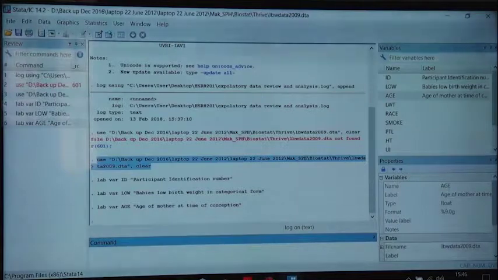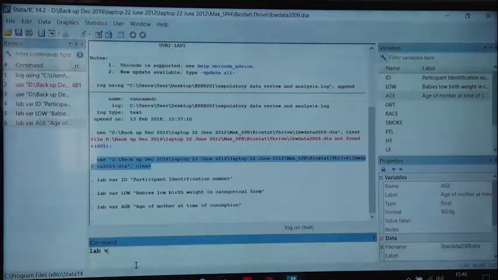So a good data set will come when the variables are labeled. And if you're going to be a data manager for some study, you should always remember to label the variables before you send them out to other people. You give them the dictionary, but you also send them the labeled variables. For example,